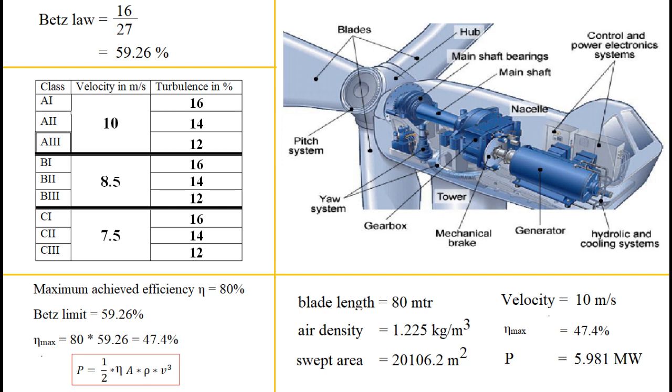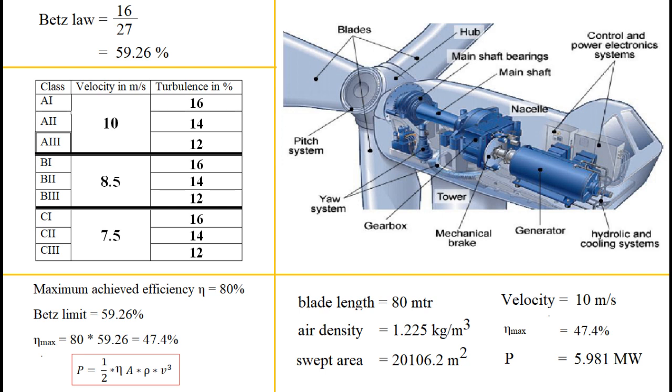Another important aspect about wind speed is that various speeds are classified as Class A, Class B and Class C wind speeds. Depending upon the percentage turbulence in these winds, these are further subdivided into 1, 2 and 3. The table on the slide shows these values of wind speeds and turbulences.